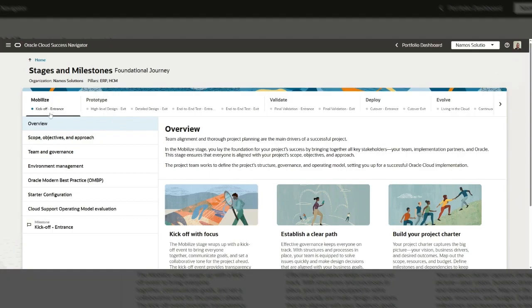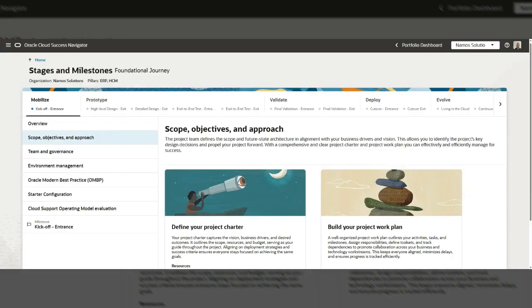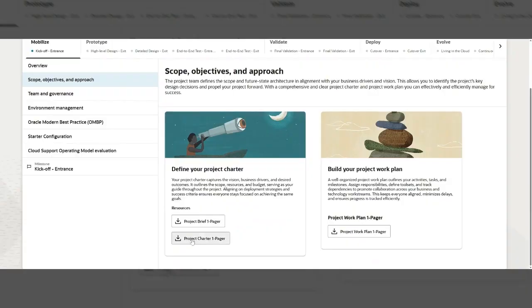So mobilize will be our discovery, prototype is our prototype, validate is our test and UAT, deploy and evolve is our hypercare and beyond. So as clients are in the mobilize section, there's lots of information that will help them and support them in getting ready for the project charter, which we call the vision for change or case for change, the project work